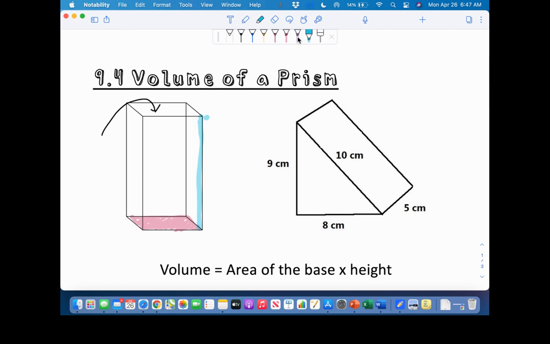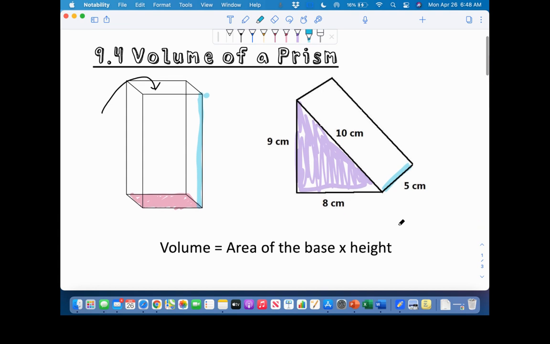On a triangular prism, or otherwise any non-rectangular shape, this is the base. So you're going to find the area of this here. That would be your bottom layer, your first layer, and then multiplying it by the height would tell you the volume of all of the layers. So that being said,